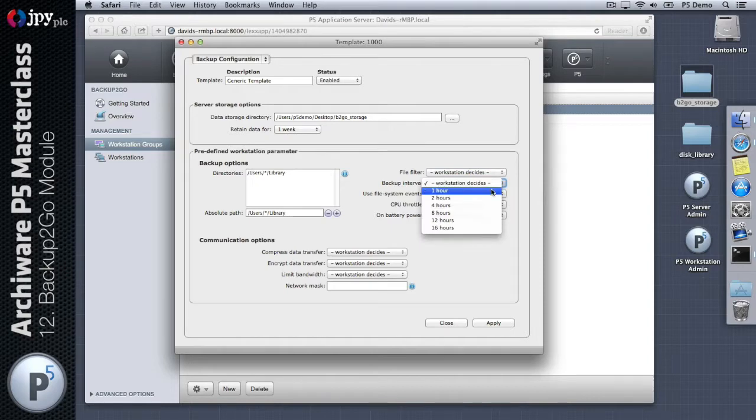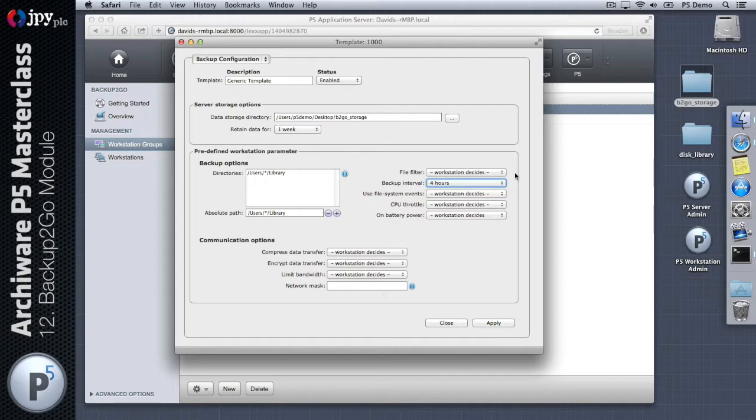Backup interval, pretty straightforward. The way that this works though is when the software is installed on the workstation, the first time it's configured and set up to point to the server, you get the option to start the backup then. Once that backup's completed, the next backup will be scheduled for 4 hours on from that point in time. So it's not like a tape backup where you tell it to run at midnight each day. This backup will try and run at this 4-hour interval, but it may well be that the workstation might be switched off at a point where a backup would normally run, in which case when the workstation is next awake and alive and able to run a backup, it will run a backup as soon as it can once the